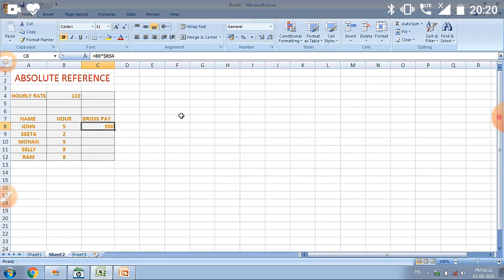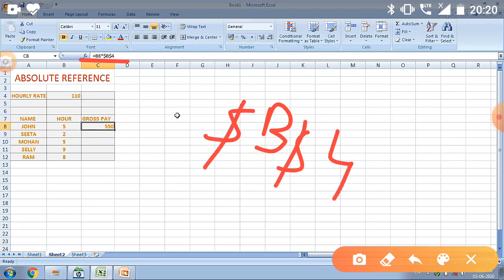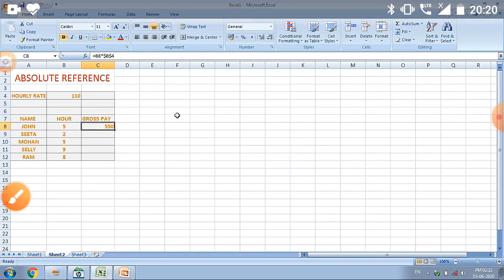Now we will try to do this calculation. I am again telling you that B4 will not be changed because we have put the dollar sign, but B8 we did not put a dollar sign on, so it will be changed.